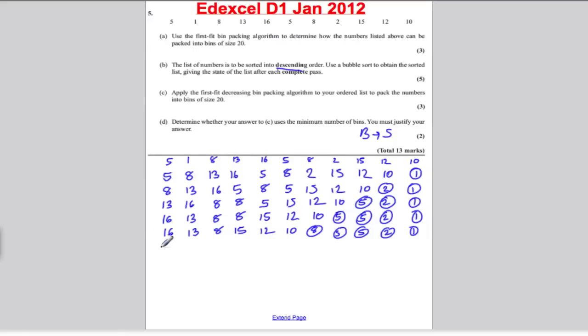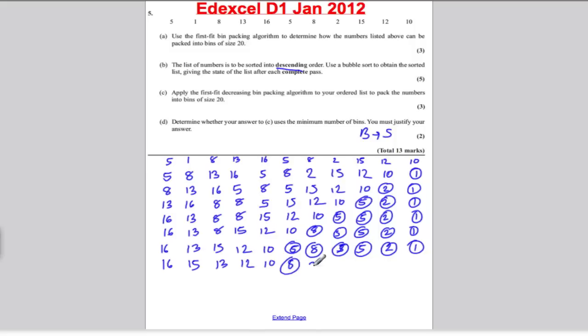Okay, keep going, no need to swap, no need to swap, need a swap, need a swap, and need a swap, and the 8, again, the next smallest, ends up at the back where required. And we're getting close now. No need to swap, yes, a swap's required, no need to swap, no need to swap. And we've got our 8, our 8, our next smallest must be the 10, our 5, our 5, our 2,